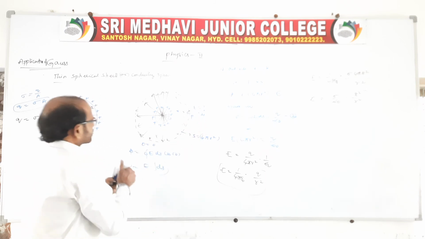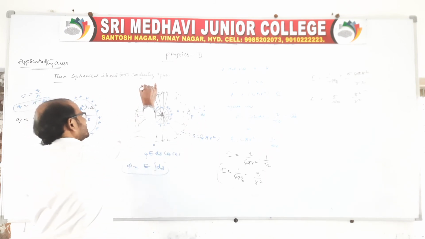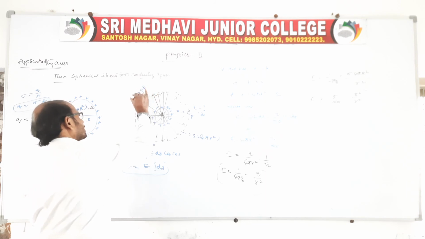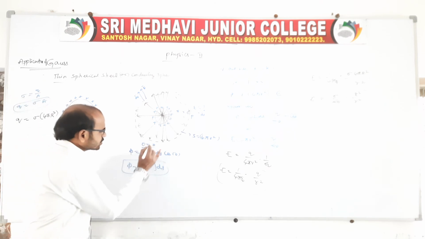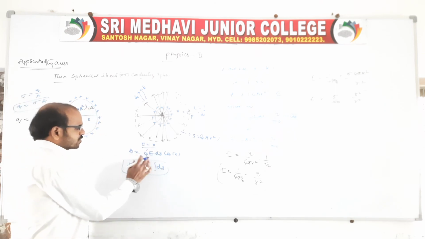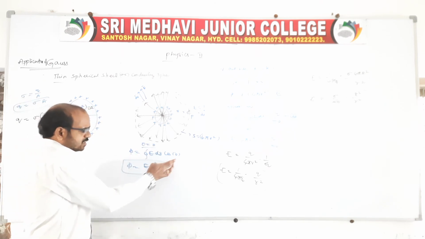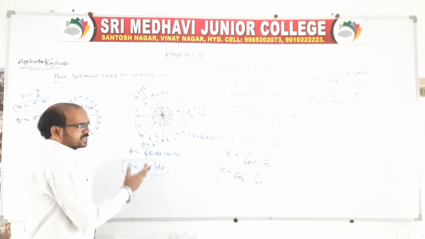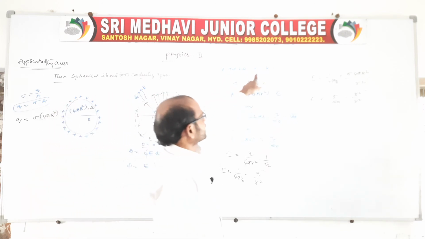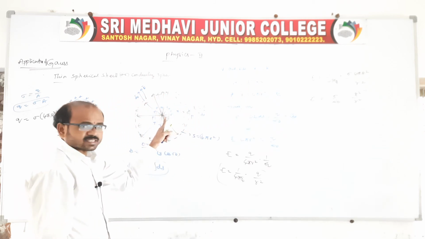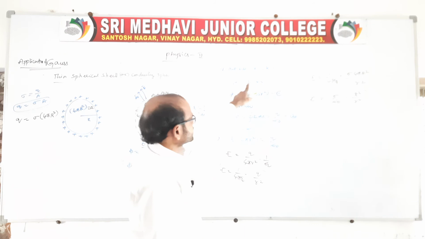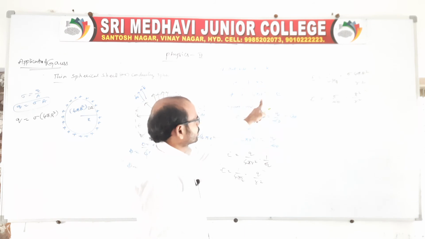Now from this area E is coming out, and you draw one ds bar which is parallel. You take anywhere, here also, yes, of course E and ds bar are parallel. Of course it is, for any area. So according to that, theta is equal to 0. Flux is equal to closed integral E ds cos 0. Therefore, flux is equal to E integral ds. Therefore, we are saying the point is outside, not on the spherical shell, not inside. Outside, flux is equal to E into S, therefore it is 4 pi r square.